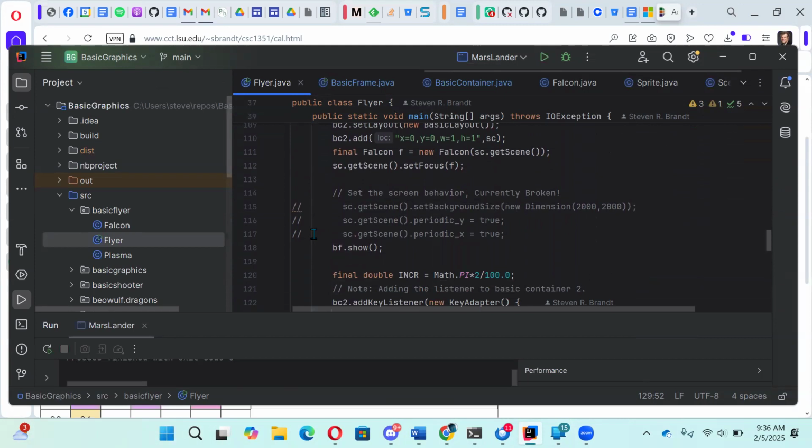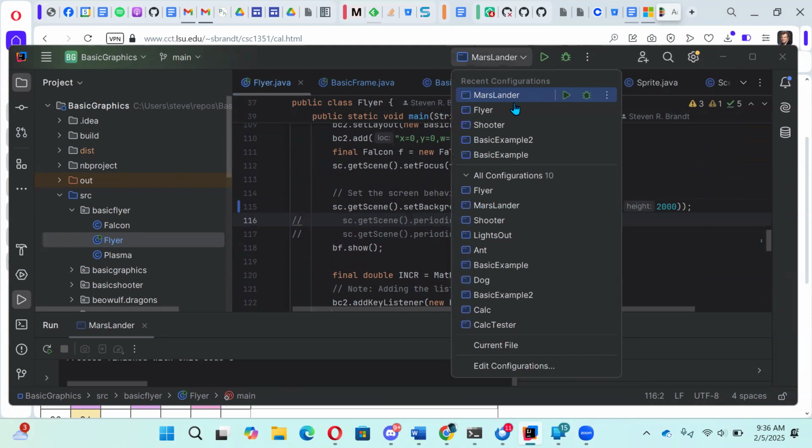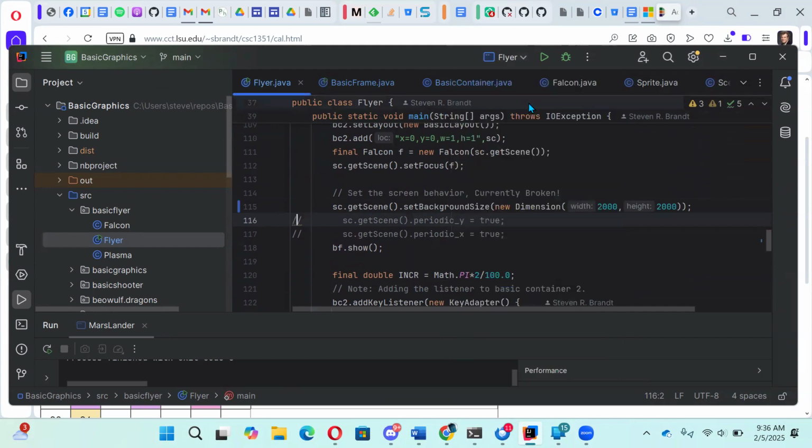One of the things you can do with the scenes is you can set a background size. Now, what I'm going to do is set the background size to something that is much bigger than my actual screen. And I just do it in the scene. Let's take a look at what that does. Okay, when I run that,